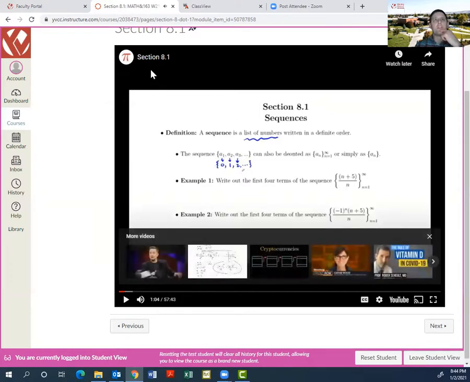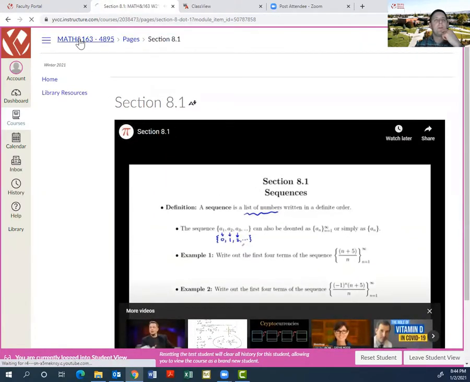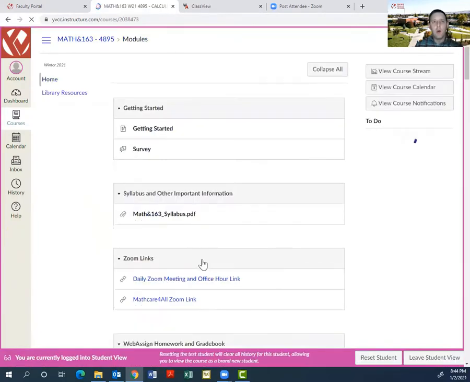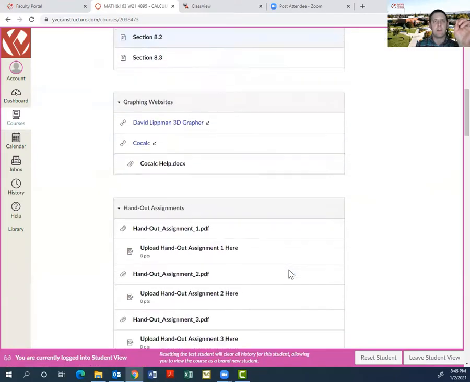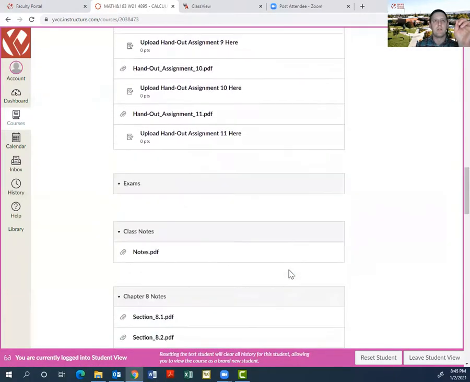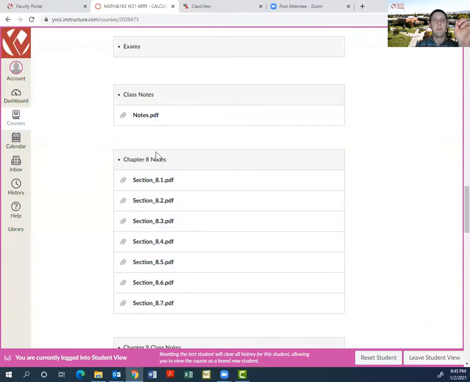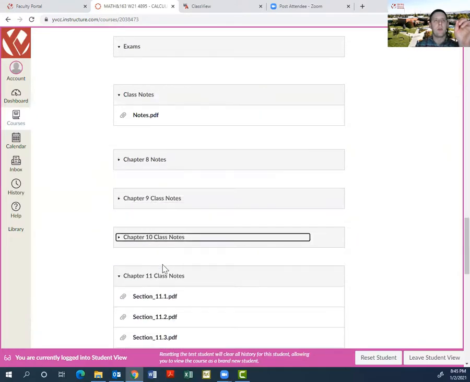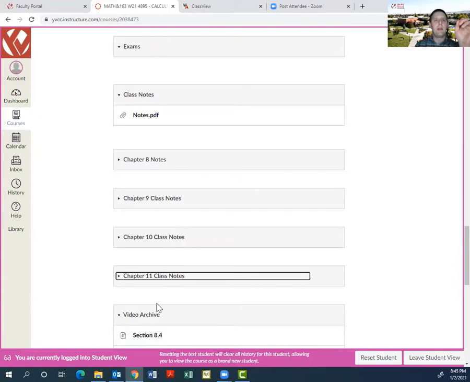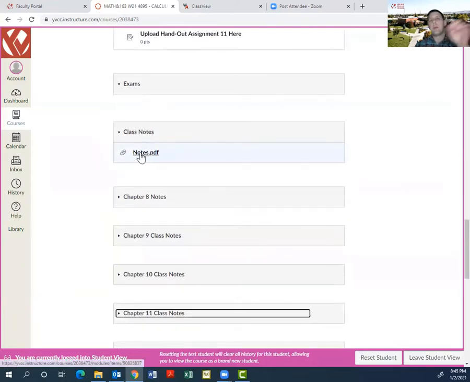So you go through and you watch these videos, and the notes that go along with these videos, you find down here. There's a couple things that you can do. You can just print out all the notes at once if you have access to a printer.